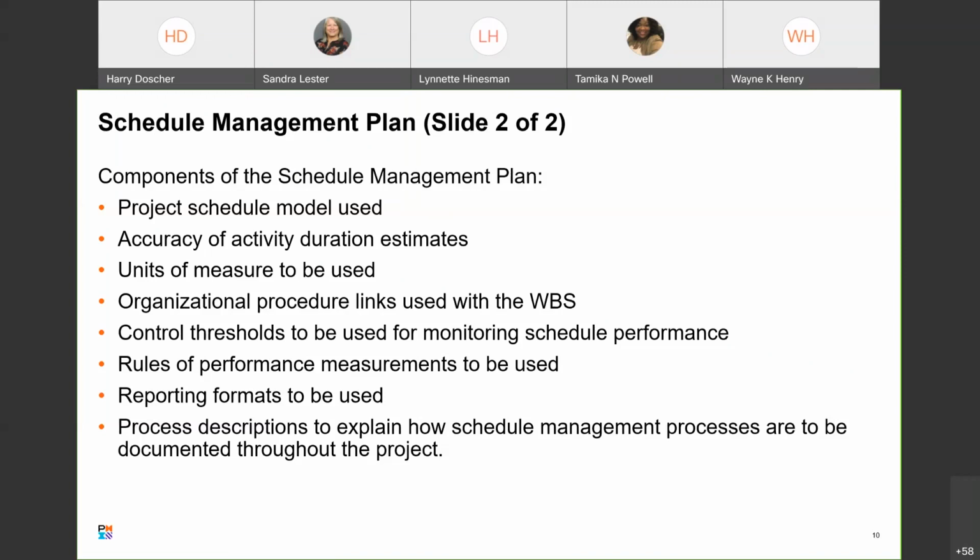Also, at this point, that would be the duration units of measure. Organizational procedure links used with the WBS, in case there are specific procedures that need to be followed. Control thresholds to be used for monitoring schedule performance, establishing an upper and lower bound,